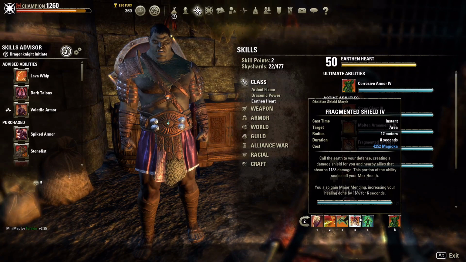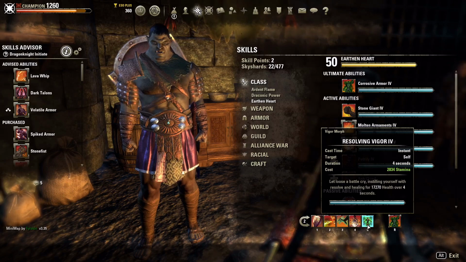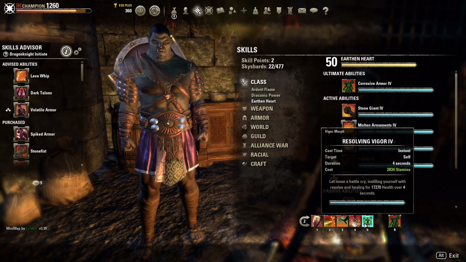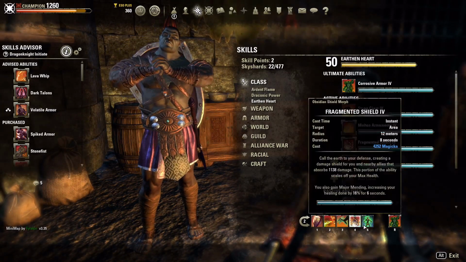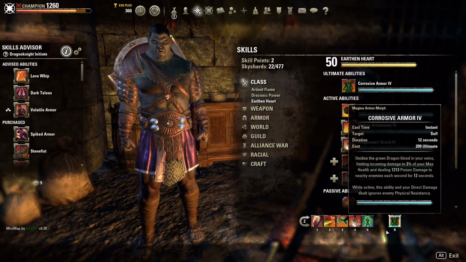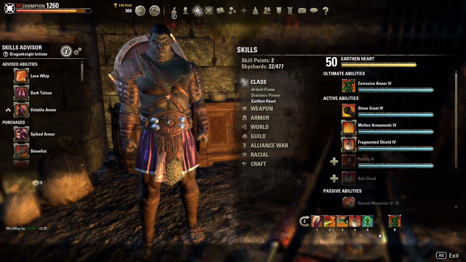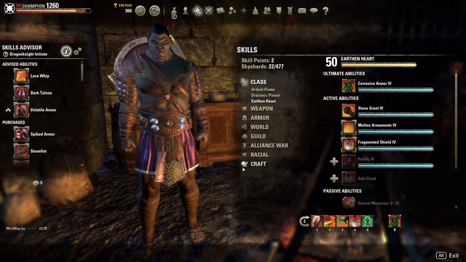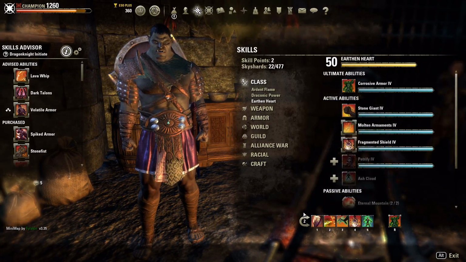We are running Fragmented Shield. This gives us our access to Major Mending, and then we've got our Resolving Vigor. And when we're fully buffed up, our Resolving Vigor has a huge tooltip, and hopefully I shared that screenshot for you so you guys see what that tooltip is. And then we're running Corrosive Armor, and if somebody really jumps on us hard and gets a jump on us, and I have this up, I might hit this and then hit all of our defensive stuff, hit our potion, and then gap close to them and get our dots on them,